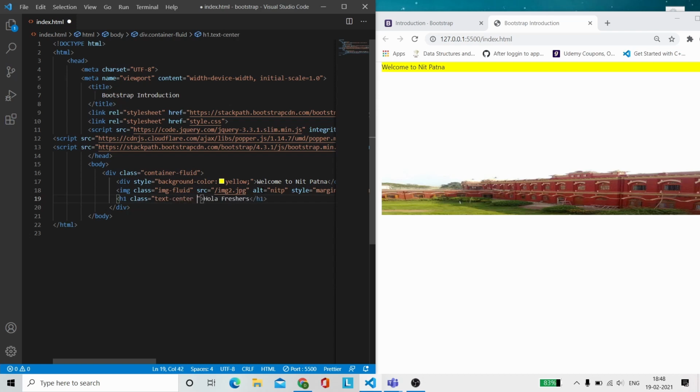In the same way, we have some primary colors offered by Bootstrap, that is text-warning, text-success. Warning indicates yellow color. Success is for green color. If you have danger, then that is red color. Success is green color, info is blue color, and all that.